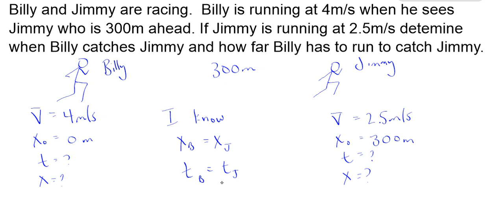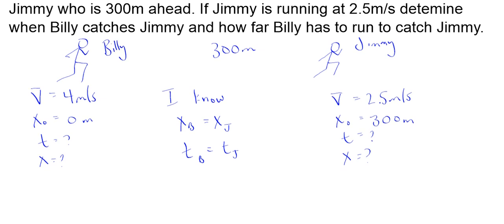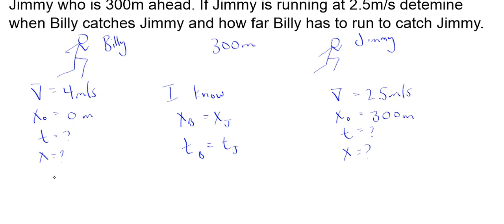So I have two unknowns, and I have two people going on. If I have two unknowns and two people, then I know that if I'm trying to solve this, I need two equations. So what I'm going to do here is I'm going to say, well, the formula for Billy would be